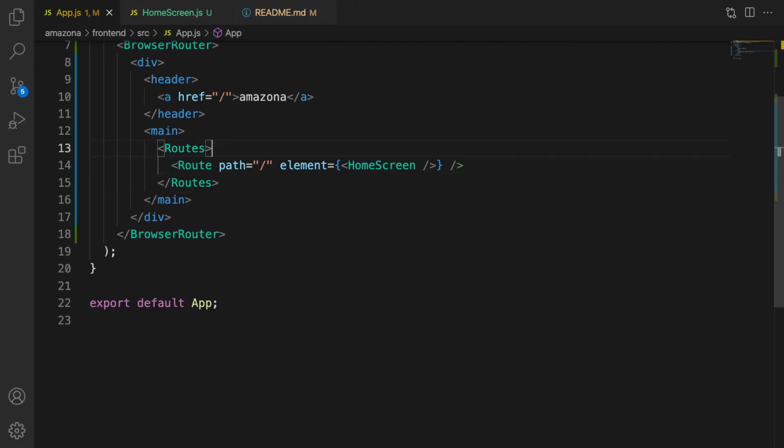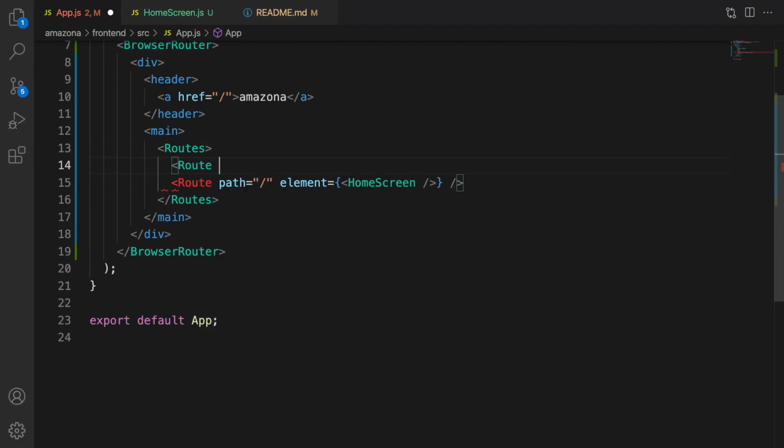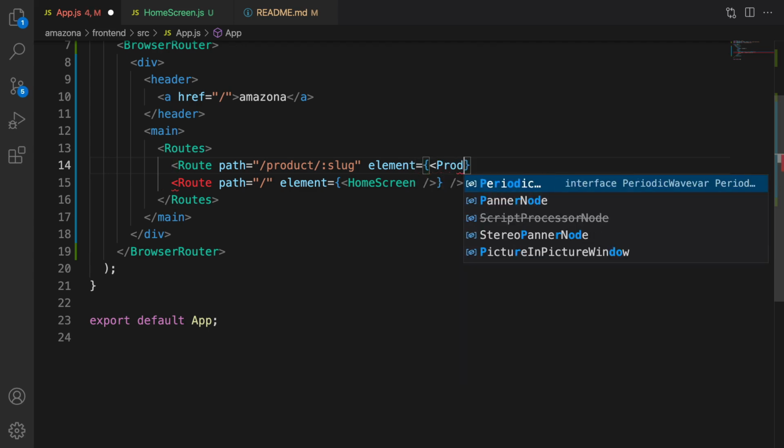I'm going to define a new route that has product as a prefix, and the slug of product is a parameter. Let's define it. Above this route, define another route, set path to /product/. At this point, I'm going to define the parameter. Use colon to define a parameter and then enter the name of parameter. I'm gonna set it to slug. And the element that responds to this is product screen,